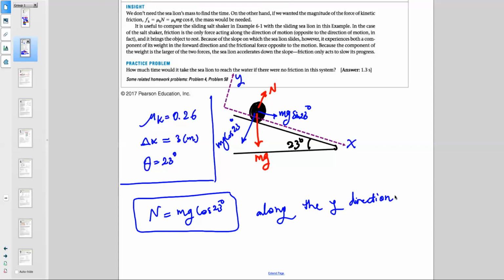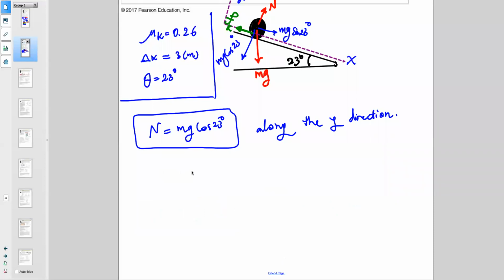Okay, what else do we have? Do we have a frictional force? Yes, because we have an f of k right there. Along the x direction, I'll write down what I have. Second law is telling me all the forces along the x direction should be equal to ma along the x direction. So in other words, I have mg sine of 23 degrees minus f of k being equal to